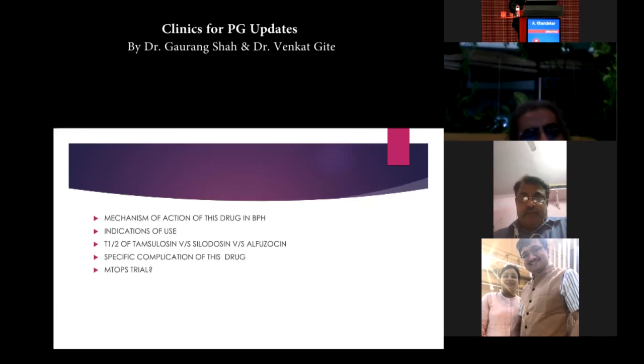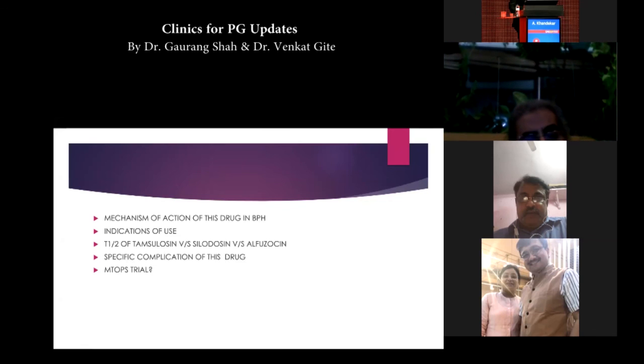Any specific complication that you can think of related to tamsulosin? First dose hypotension, and another is dizziness and asthenia, and specifically another is intraoperative floppy iris syndrome. That is most important for tamsulosin users. Most of the patients, if you are sitting in your clinic and using silodosin or tamsulosin, will telephone you. Nowadays we are getting maximum calls about this complication after silodosin.